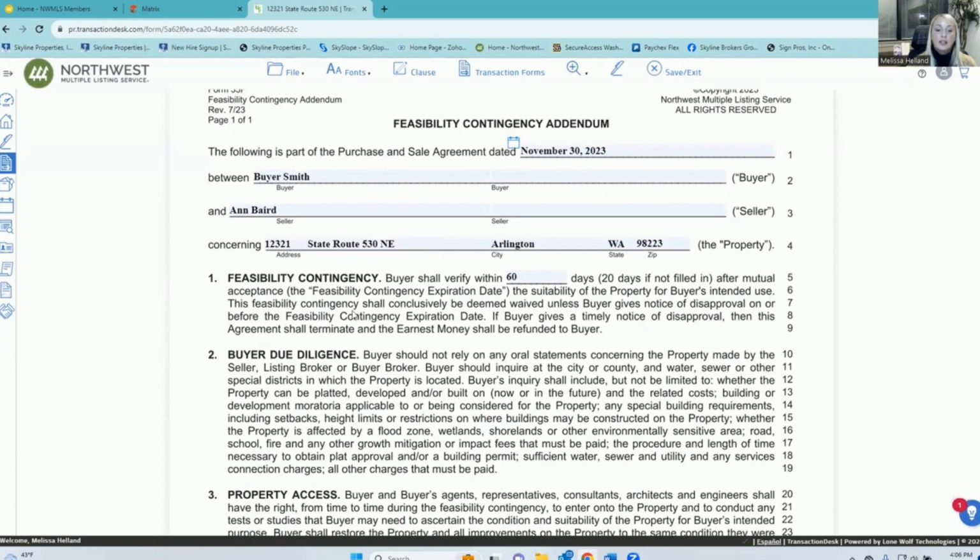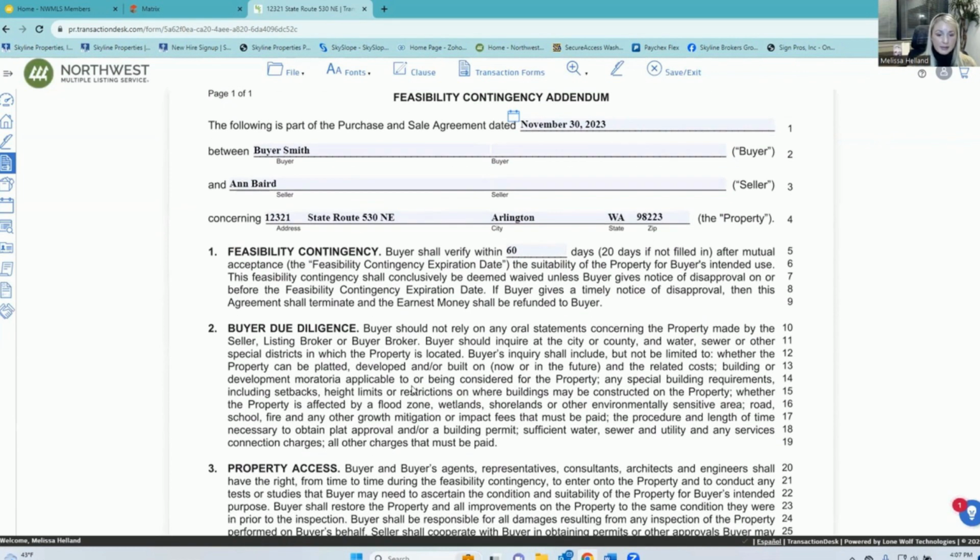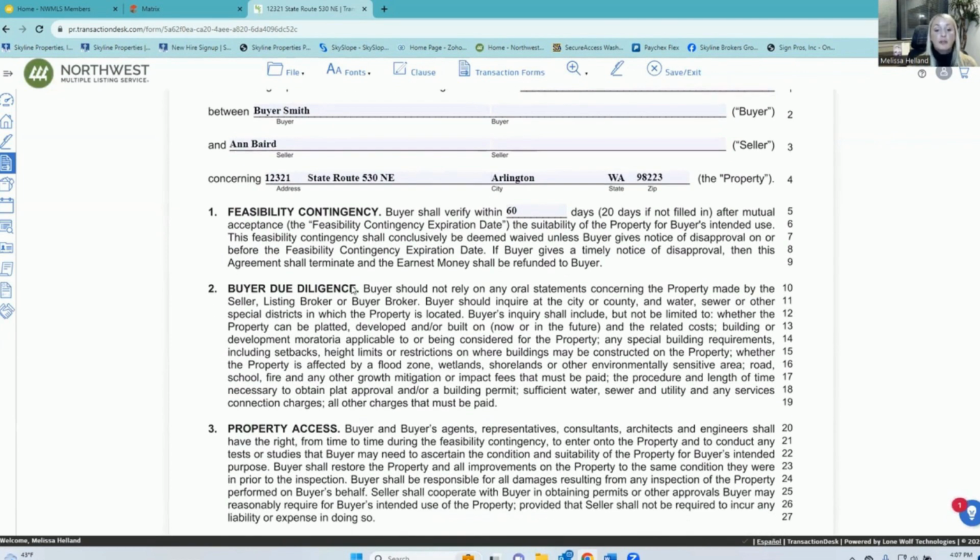This feasibility contingency shall conclusively be deemed waived unless buyer gives notice of disapproval on or before the feasibility contingency expiration date. If buyer gives a timely notice of disapproval, then this agreement shall terminate and the earnest money shall be refunded to the buyer. This is a timeline you are going to want to make sure everybody is aware of. You have 60 days, and buyer's due diligence includes,